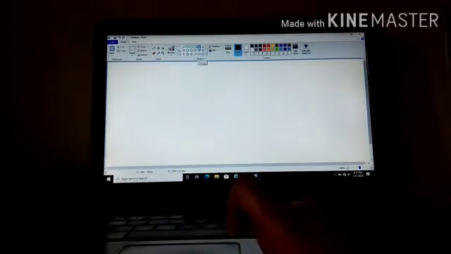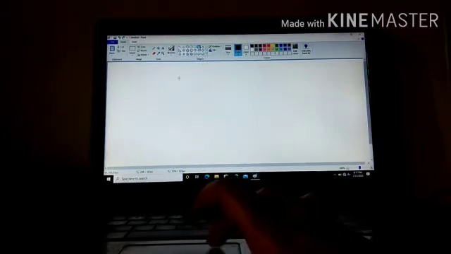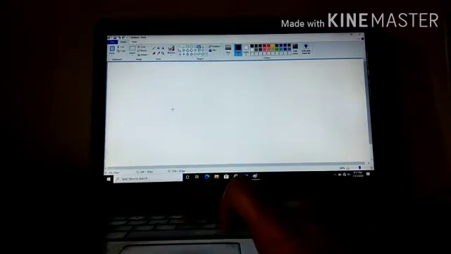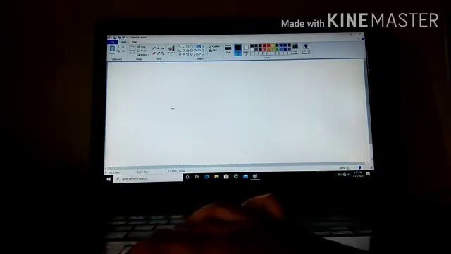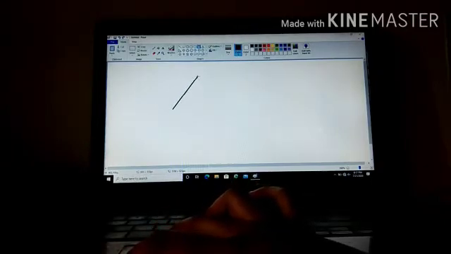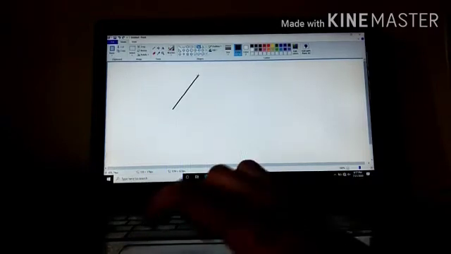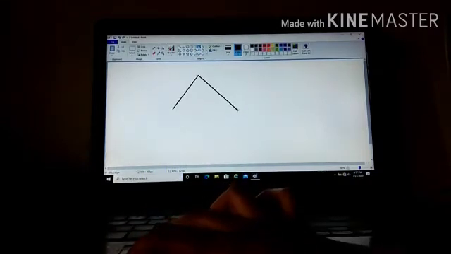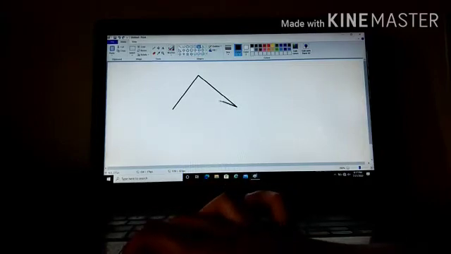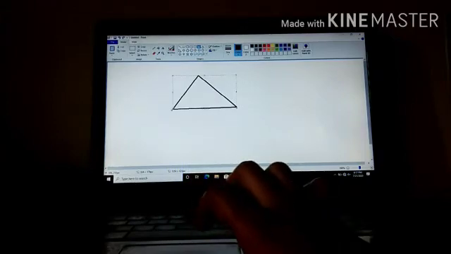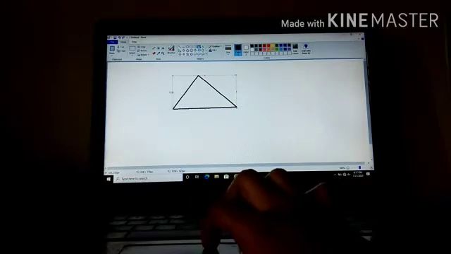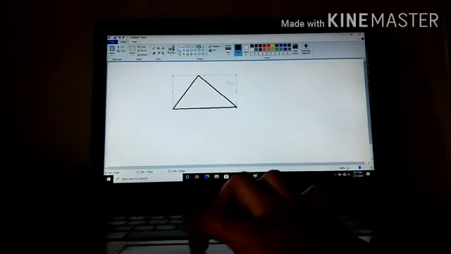Okay, see here, polygon tool. Click on that tool and then drag it. For dragging, what we have to do, press the left click and then drag like this. Leave the mouse pointer, then again drag it, leave, then again join the last two lines. When you join the polygon lines, then your triangle will be completed, and then you can see these lines. Can you see these lines? Yes. So it is bounded lines once you connect the lines.